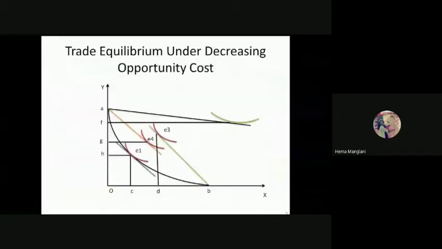So we have one country's analysis over here. This AB is the production possibility curve for this country. Okay, now here we have one autarky position. How did we come to know this is autarky? Because our production point and the consumption point are the same. Okay, so this red curve and also this purple one, instead of calling it an indifference curve, this is the CIC, the community indifference curve. And then we have this purple line, which is the domestic price line.